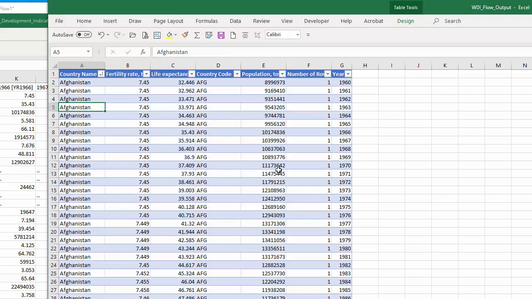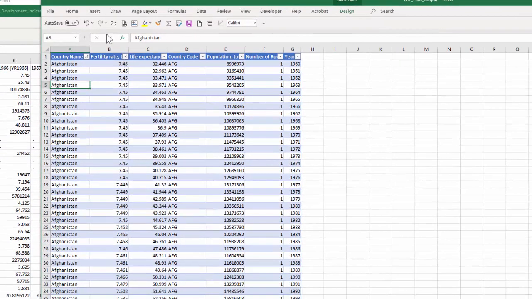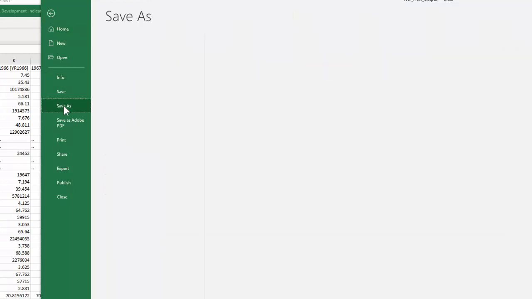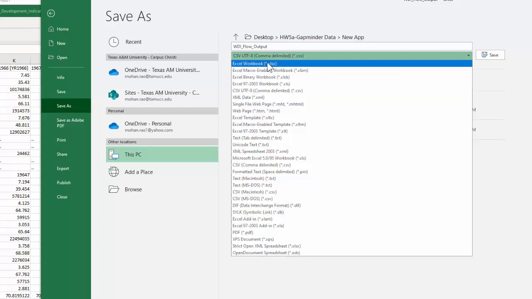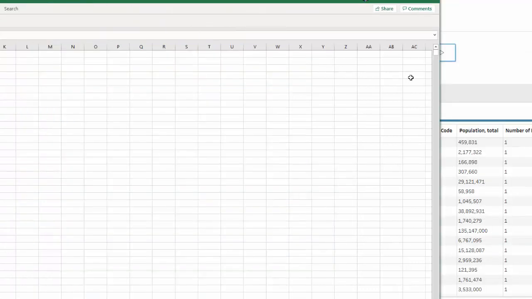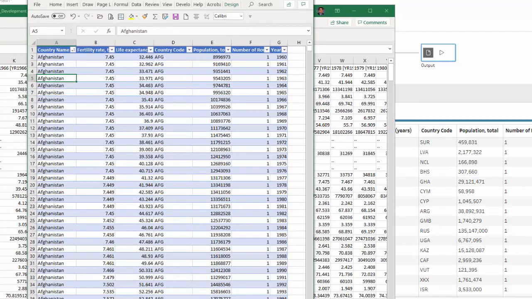So now I can save this as an Excel file. Okay. All right. And you can use this Excel file, or the CSV file,